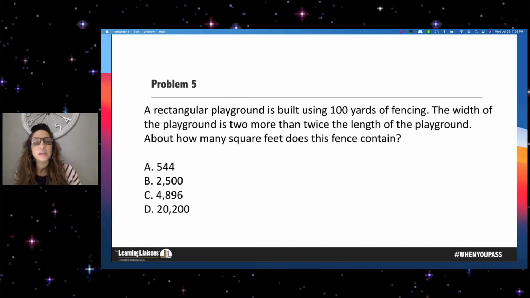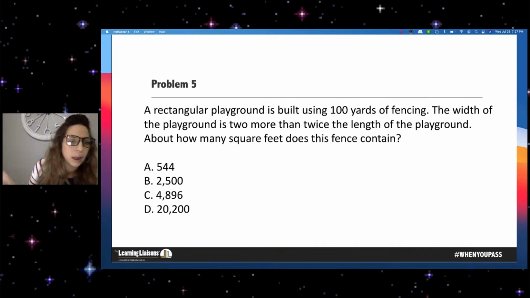This problem is going to be seen K-12. I'm trying to use problems that most everyone would see because this is an area problem and it's an expression problem and it's a conversion problem. I encourage you to know if you get a reference sheet or not because those reference sheets are going to be helpful for some of you.